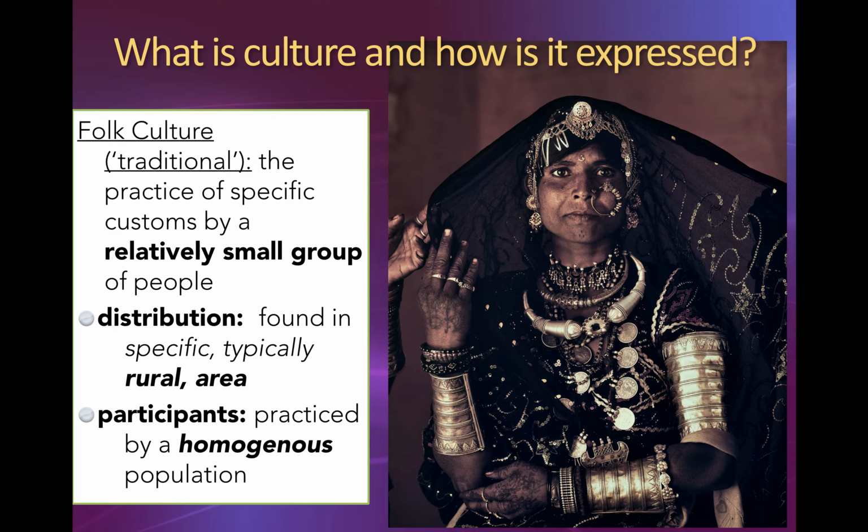The people who participate in this, and I'm sorry to include this now, but I would recommend that you have folk culture on the left, the definition on the right, and then distribution on the left, answer on the right, participants on the left, answer on the right, just so you got this nice and organized and for easy comparison with popular culture. The people who participate in this folk culture are going to be a homogeneous population. That means homogeneous meaning same. Folk culture, that group of people, again, very relatively rural in nature. They're relatively isolated for the most part. The folk culture will be quite homogeneous, and the participants are all going to have a lot of commonalities and be very similar to one another.